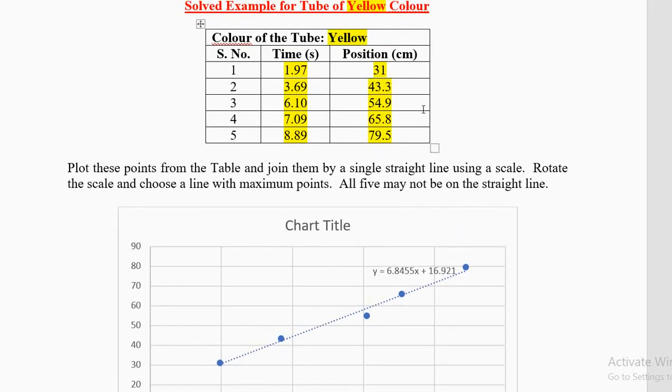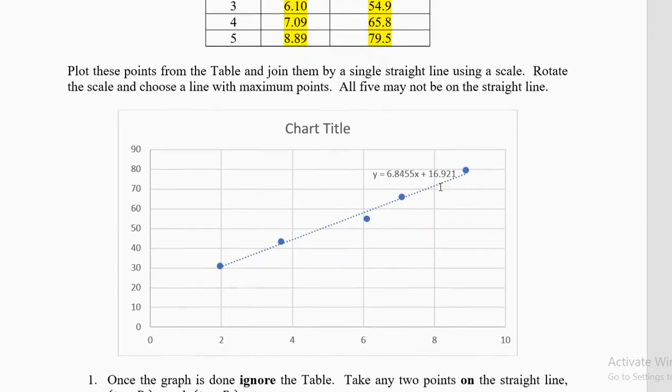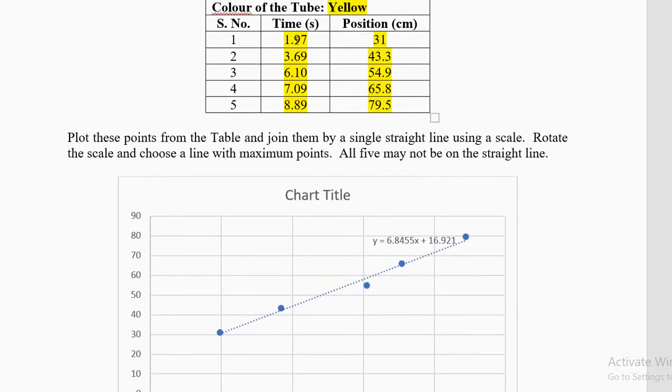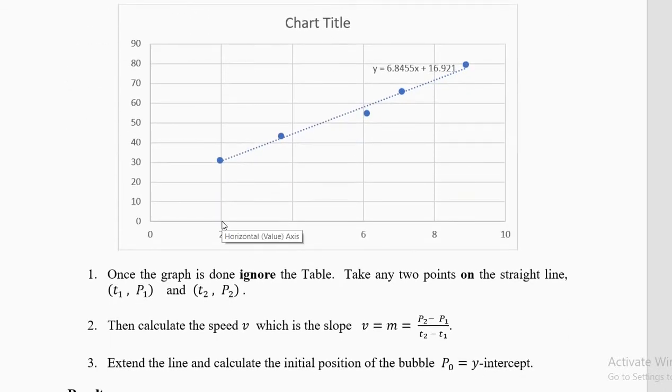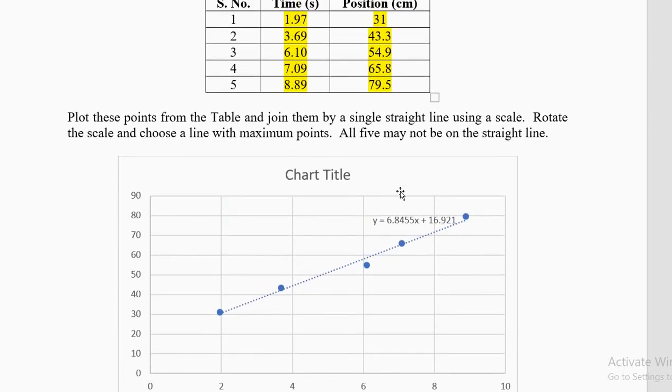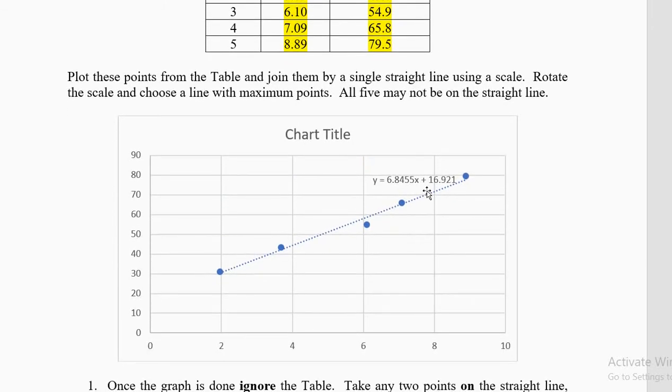This approximation you are doing in the points because your graph paper cannot show what is after the point. So it depends on the scale you are using. Take the 5 points. The first point is 2 comma 31. So t is 2 and the y-axis is the position, which is 31. You can see this is 30, a little bit above it is 31. Plot all the 5 points from the table and put them on the graph paper.